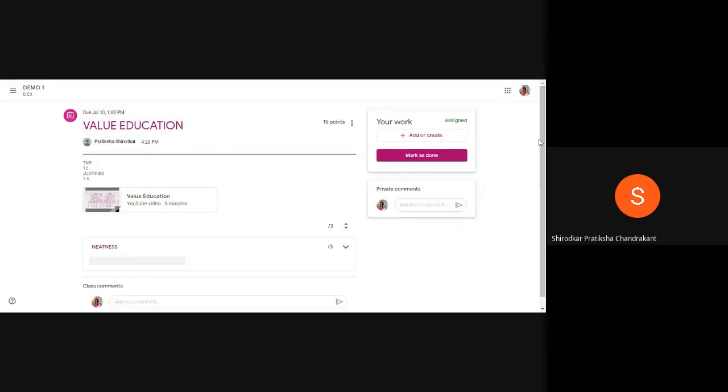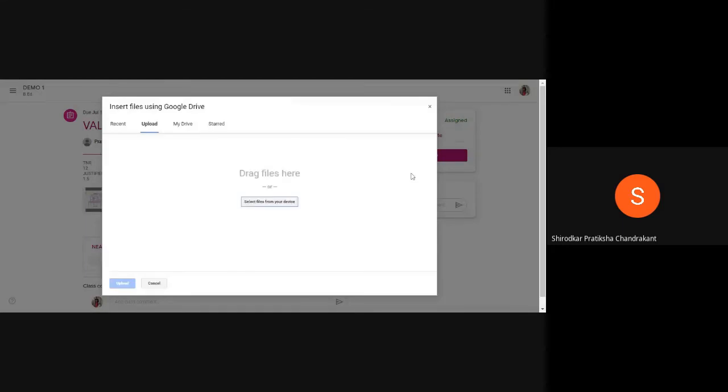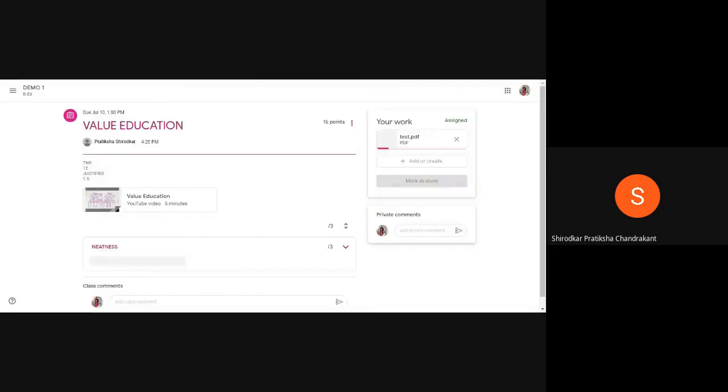So what I'll do is I will do my assignment, and to the right I can see this your work. Okay, so what I have to do, as a student, since it's a student's view, I need to add or create my assignment. So I'll just click on add. Okay, say suppose if I have this assignment ready as a PDF. So what I'll do, I'll just go to file. Okay, I'll select that particular PDF from my device. Okay, and I'll open it, and it will come here, and I need to upload it. So I'll just click on upload. So we can wait for a while till it gets uploaded.